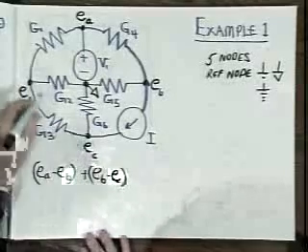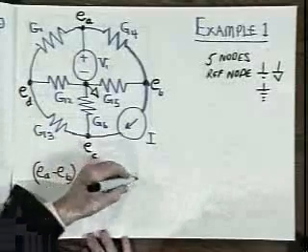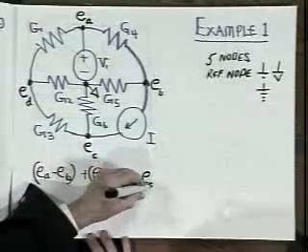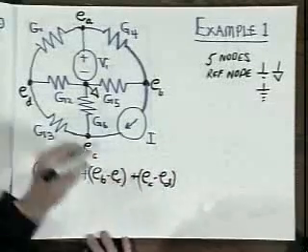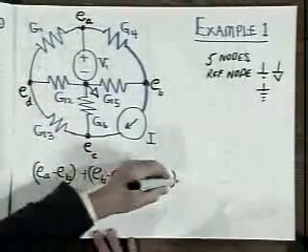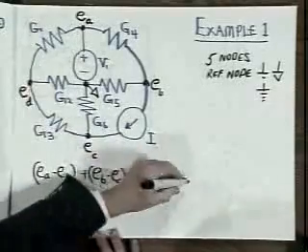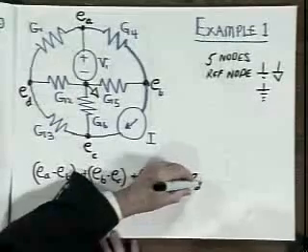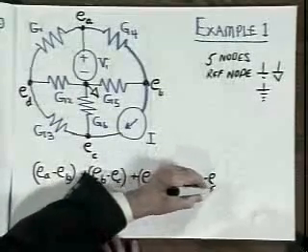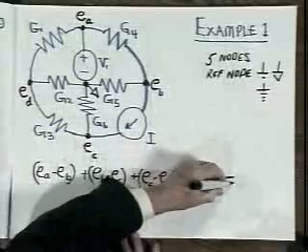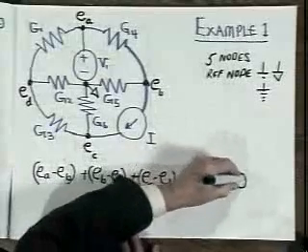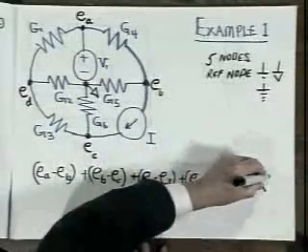From this node to this node is E sub C minus E sub D. And finally, to close the loop, from node D to node A, it's E sub D minus E sub A. And Kirchhoff's voltage law says that that must be identically zero. This is KVL,